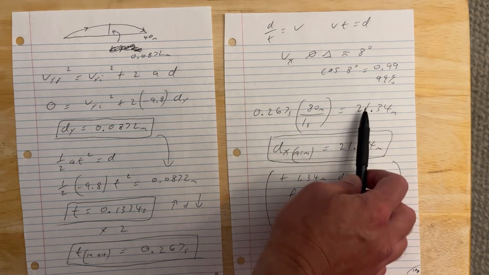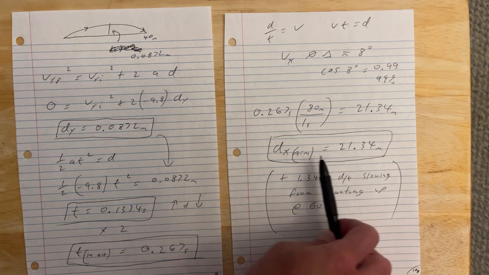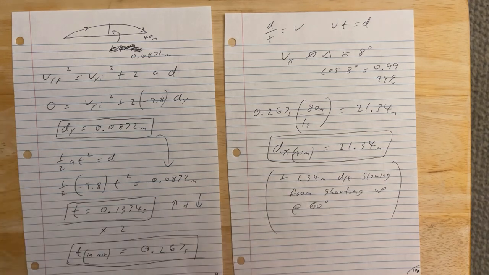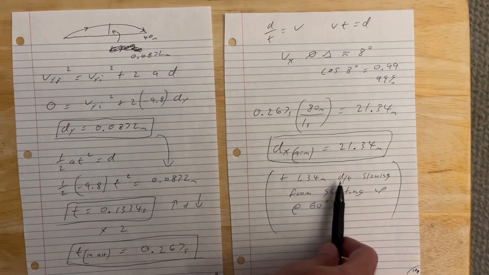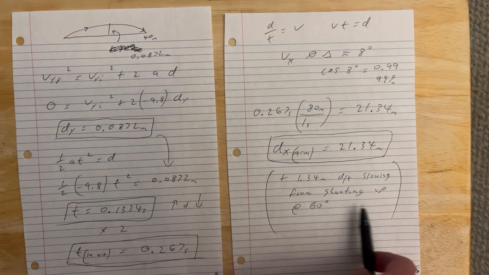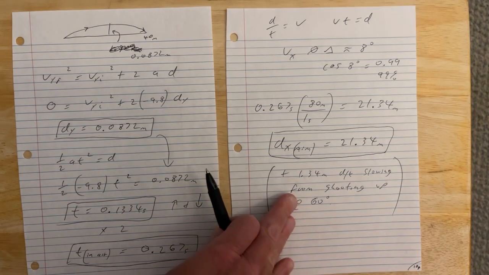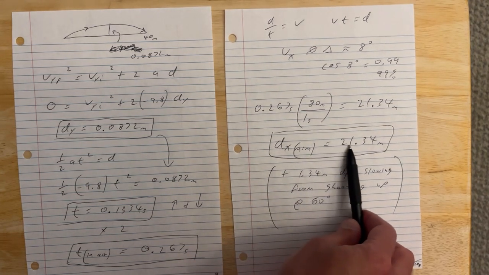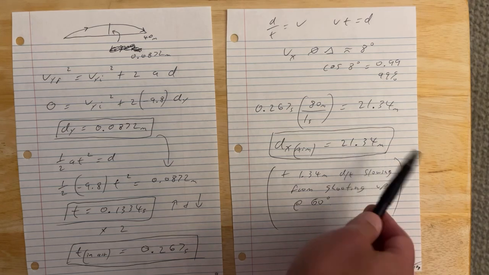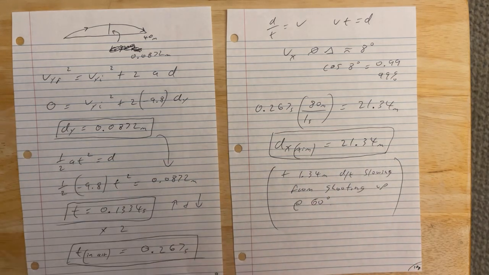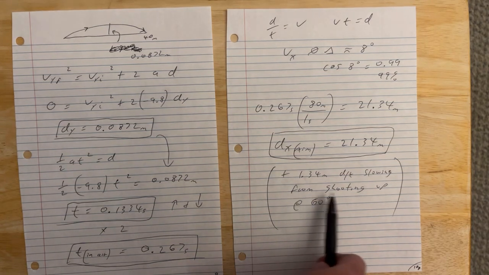That means we have 21.34 meters. Distance in the x direction, where we aim, is 21.34 meters. In other words, we add an additional 1.34 meters due to slowing from shooting up. Gravity slowing the arrow as we shoot up at 60 degrees. If we just use the laser rangefinder and take the cosine, instead of 21.34, we'll just get 20. So we just add that additional 1.34 meters, which isn't much, but I actually had fun proving that and going